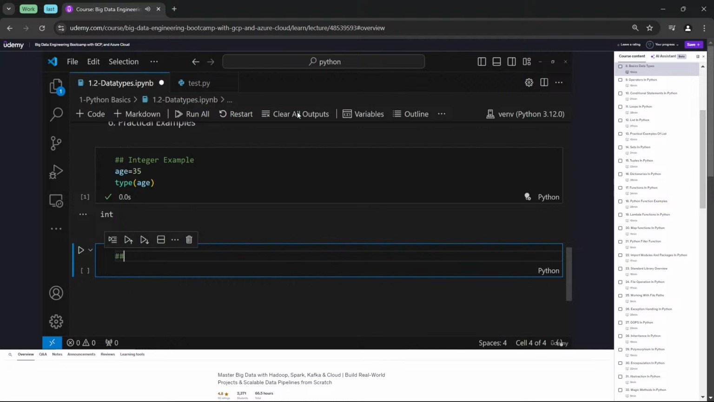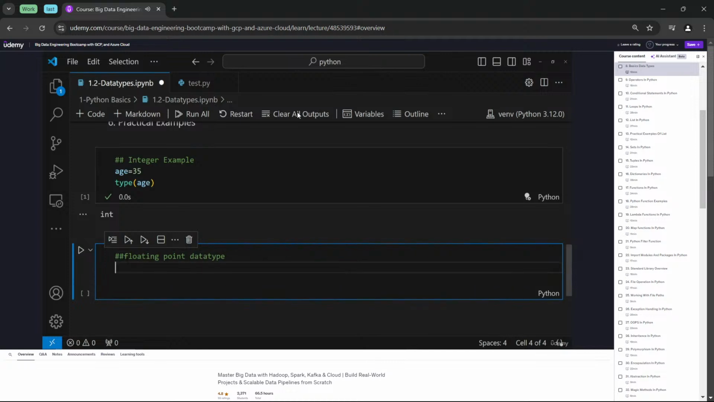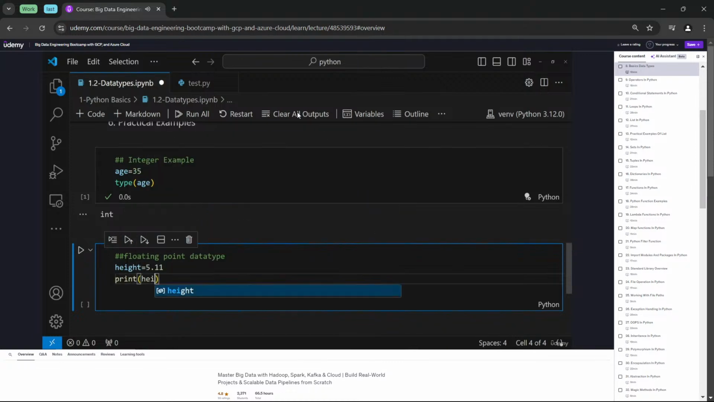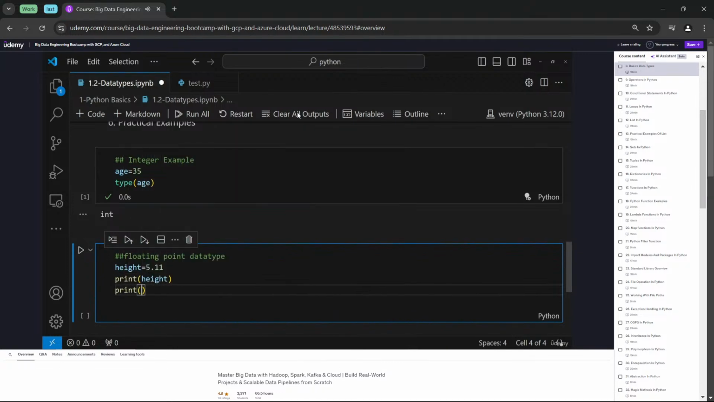So let's say my floating point number, floating point data type. Here I'm going to specifically use it, and let's say I define the width or height or anything. So let's go ahead and define height. Let's say I'm writing 5.11. If I go ahead and print the height, and print the type of the height,